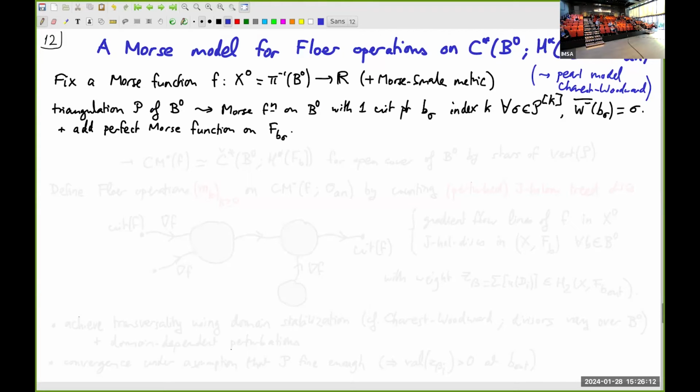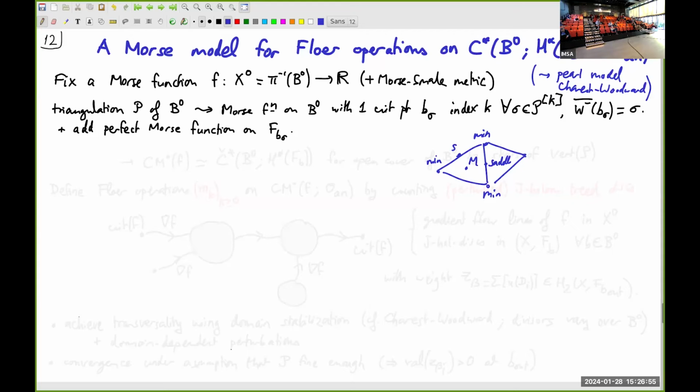Okay, so what's my favorite Morse function now on the total space X0? So my proposal is we start from, I wrote triangulation, but really I think some kind of polyhedral decomposition would be just fine, of a base B0, and we'll produce a Morse function on B0 adapted to that. So we decompose B0 into pieces, and then you might build a Morse function that has a minimum here, a minimum here, a minimum here, and here it has a saddle, here it has a maximum, and so on. So basically one critical point on each cell of a subdivision of index equal to its dimension,